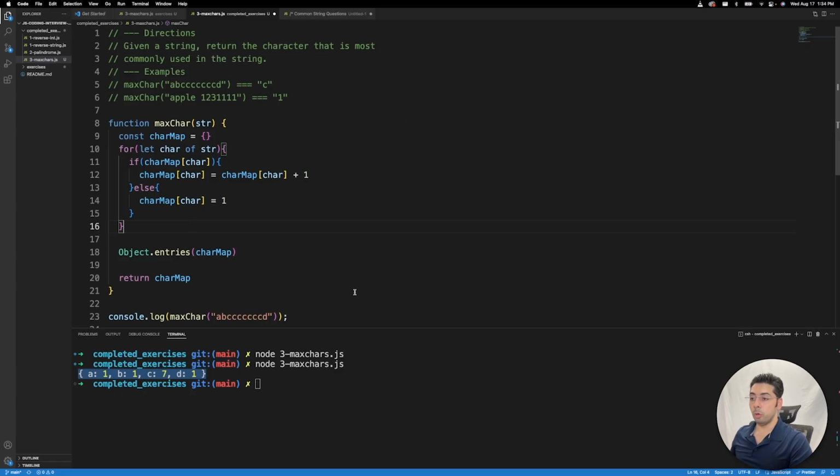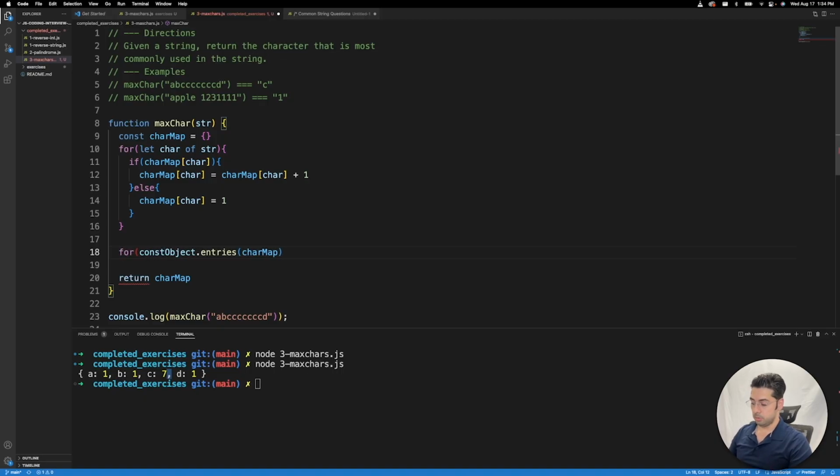It will return an array with the keys and values, just like in our character map, these are the keys and these are the values that we created earlier. So we need to use a for loop to loop through this array now. So for that, we say for